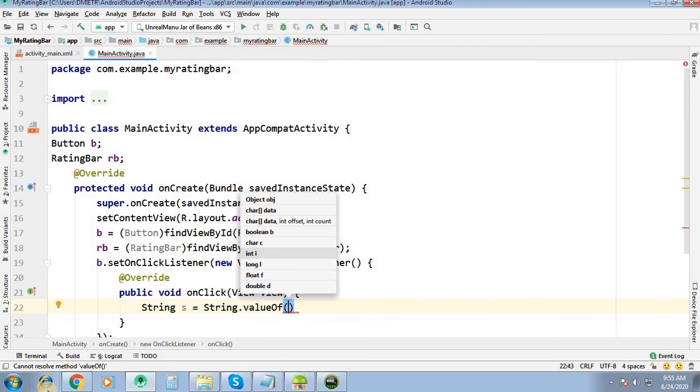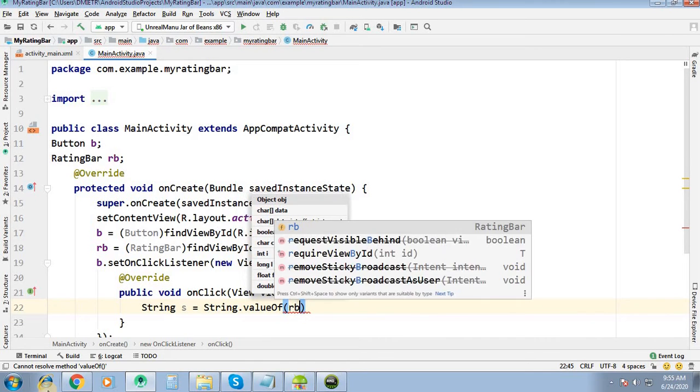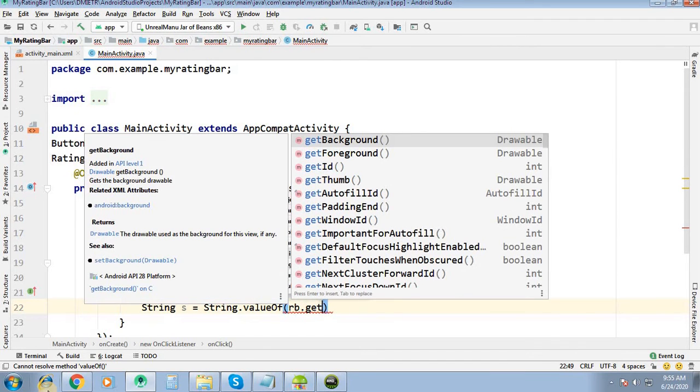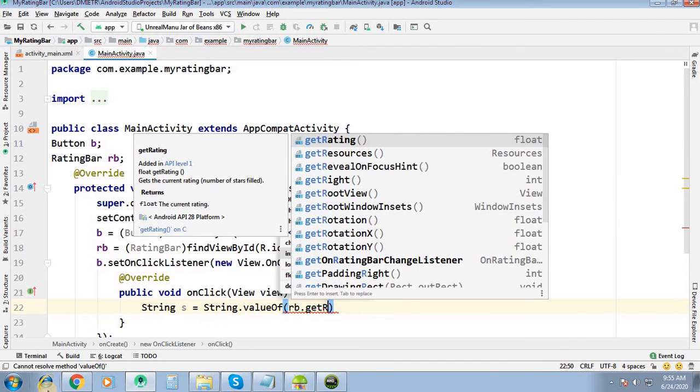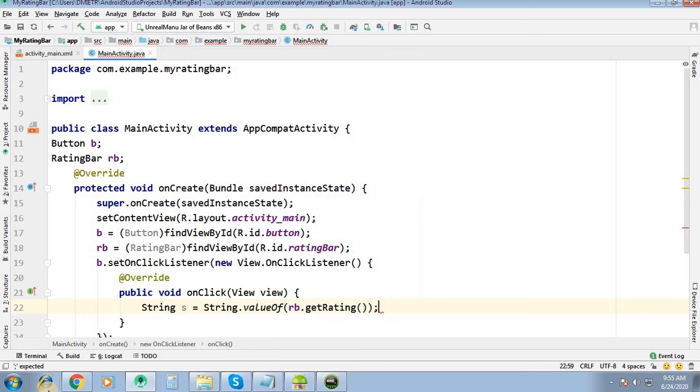We will take the rating from the rating bar, so RB.getRating. So we are going to convert it into a string. Rating bar is a floating point, so that's why String.valueOf.